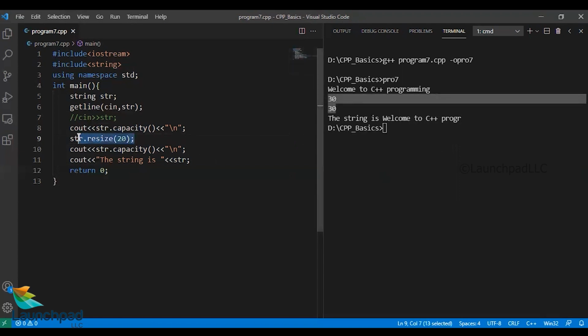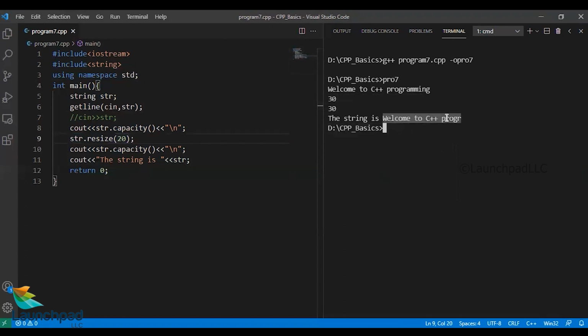But what happens is, when I resize it, the string of length only 20 is being retained. The length of this string, welcome to C++ programming, is only 20. The remaining things are truncated or left blank, and the string length has been reduced literally. So you can make use of the resize function to truncate strings. So resize basically reduces the string length, but the capacity won't be altered. That is the information we can take from this execution, as you could see on the screen.